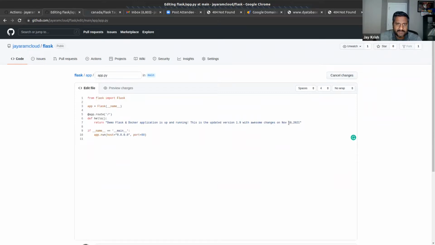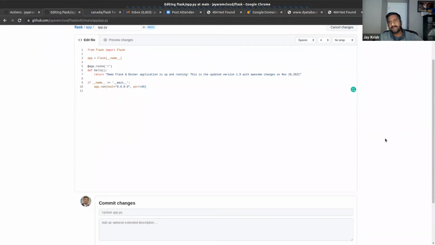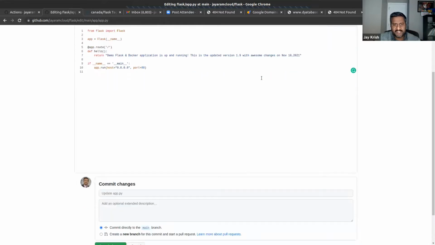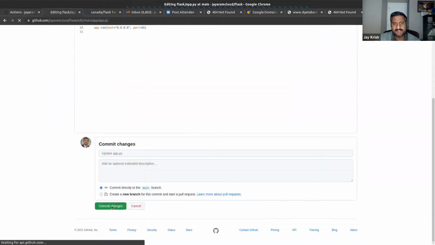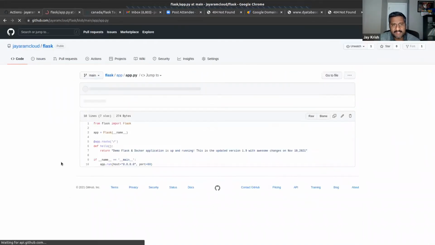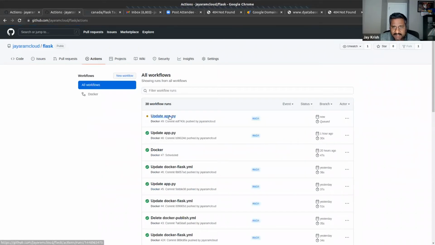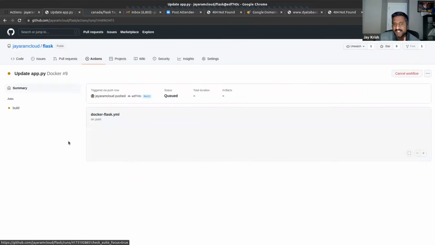So this text, you're seeing that I'm updating it. Okay. So a developer has come, a new functionality or new capability of this application has to be added. So he has made a change and he's committing the changes directly to the main branch. And immediately after I do this, you see this button here, and this will kick in because I've made a change to the main branch, and this guy started building.